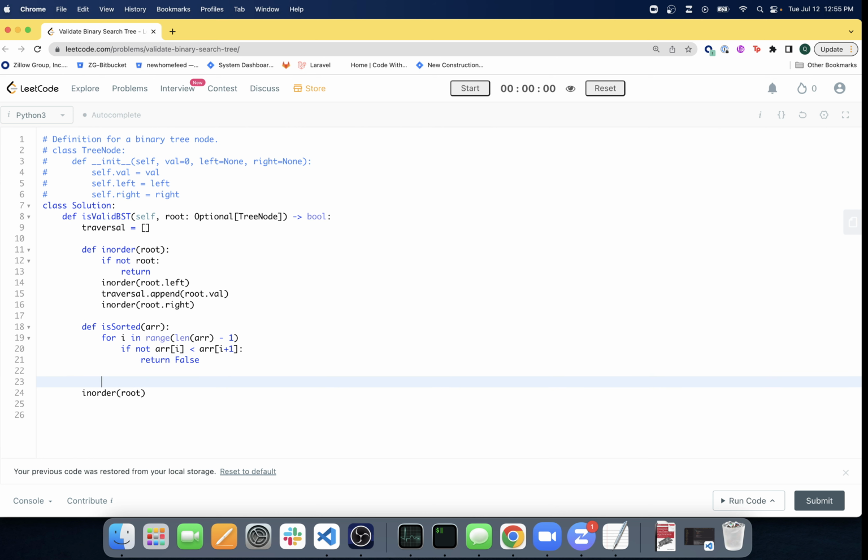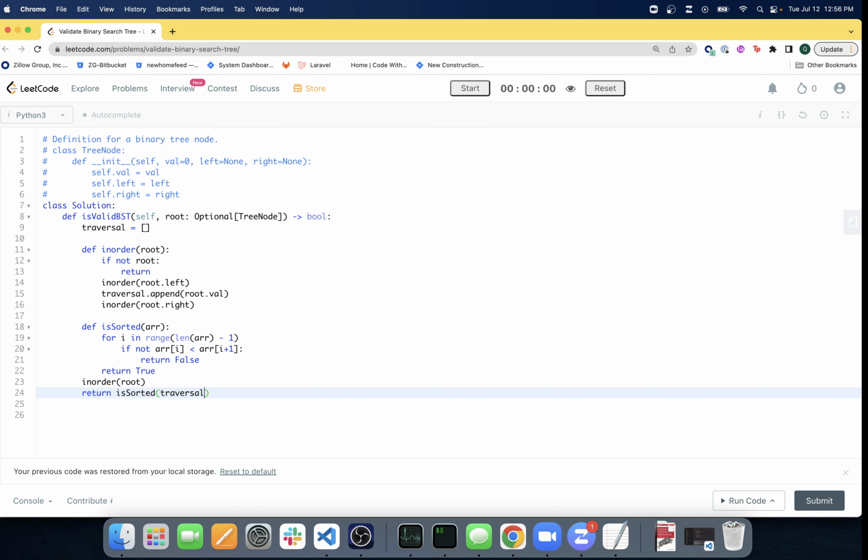And if we get through the entire list and it doesn't return false, then we want to return true. And that's how we can tell if it's sorted. So we run the in order traversal, and then that updates our traversal array, and then we return is sorted with our traversal as our array,